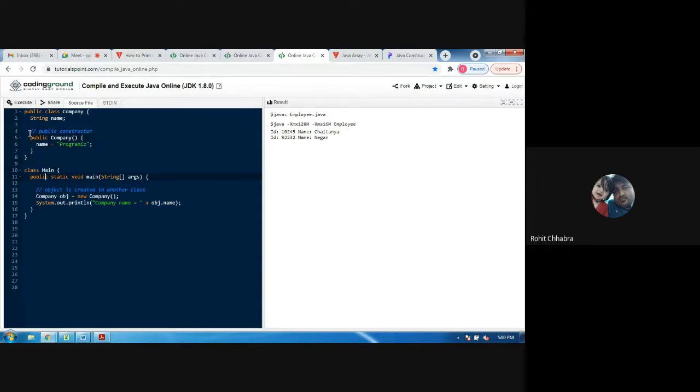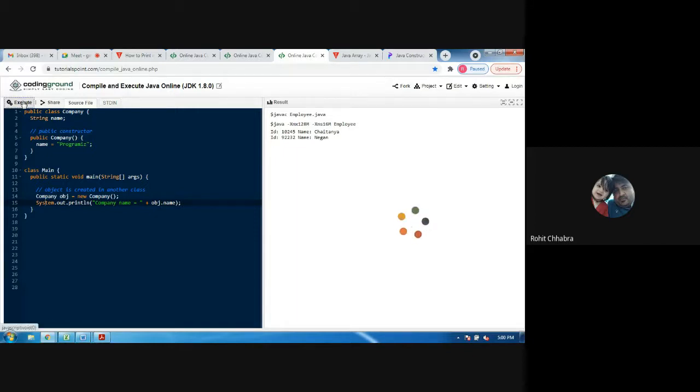Then there is the main class in which we have created an object, obj, for that class, and we simply print the company name. To access the name variable, we type the object name, obj, dot the variable name, that is name. Now execute this program.